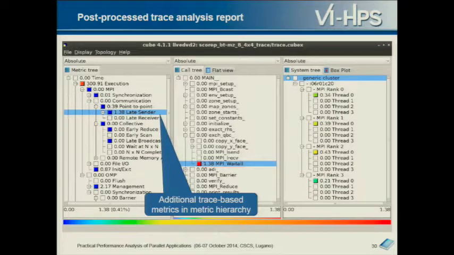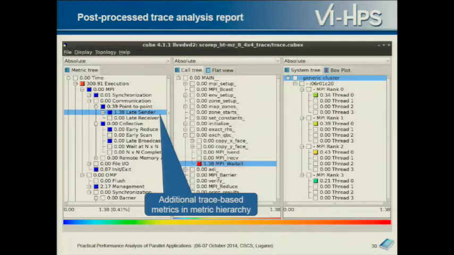If we expand it, we'll see that we have overload and underload time. The processes that are overloaded are matched by other processes which are underloaded. So if we have underload and we select it where there's time, the processes that are underloaded are going to be matched by a corresponding amount of overload on the other ranks. So that's a measure of the amount of time that you hope to be able to gain if you could